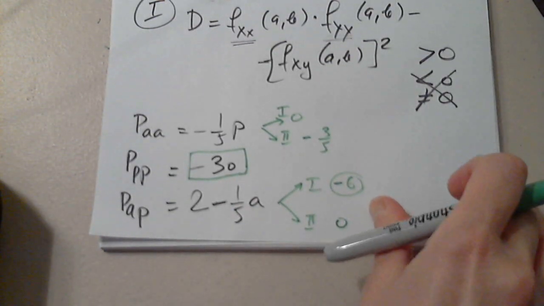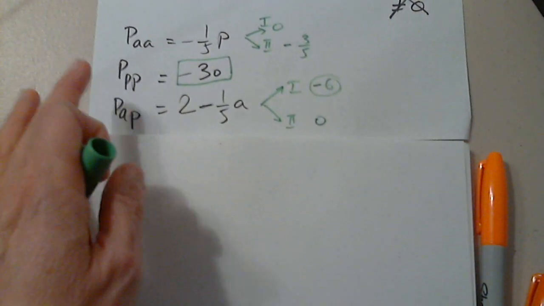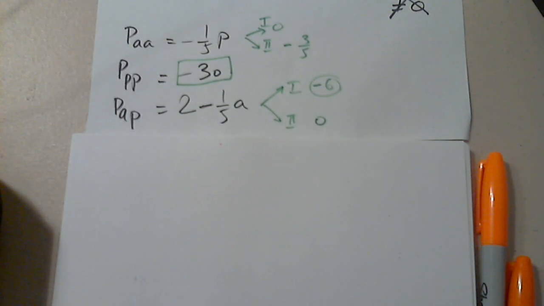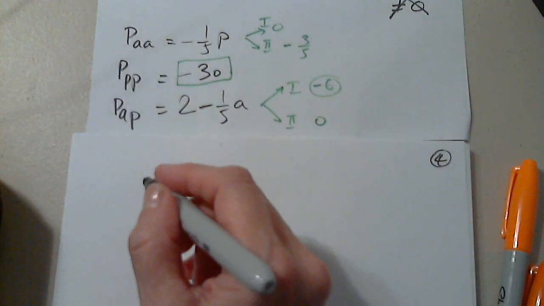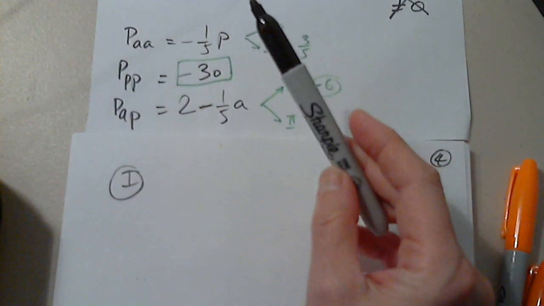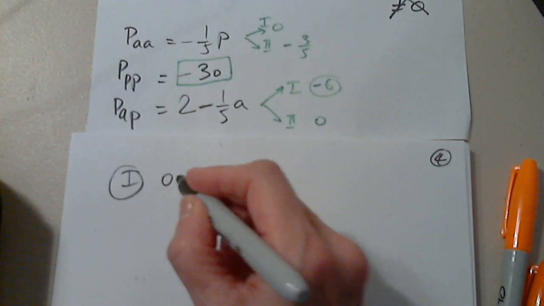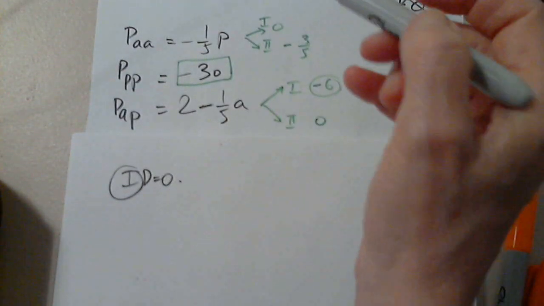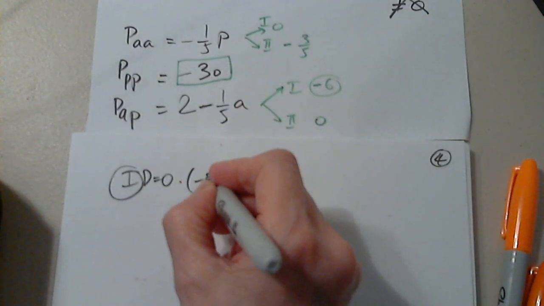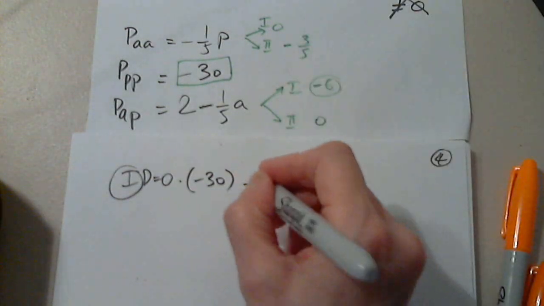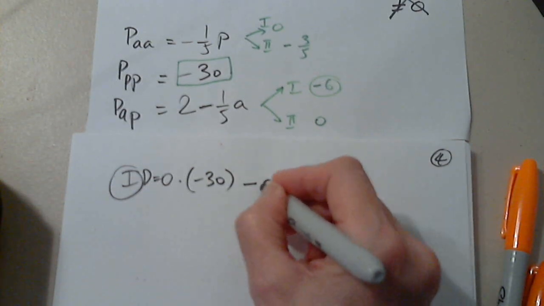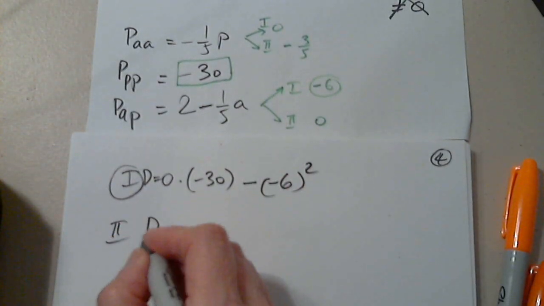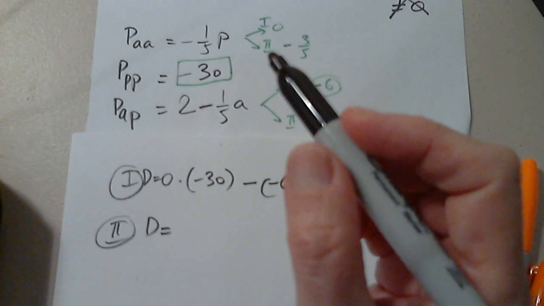Okay, so we have both numbers. So now let's calculate D for both. So please remember, you may encounter more than one possibility. So again, for the first one, we have D equals 0 times, this is still negative 30, it doesn't change, minus negative 6 squared. For the second one, D equals